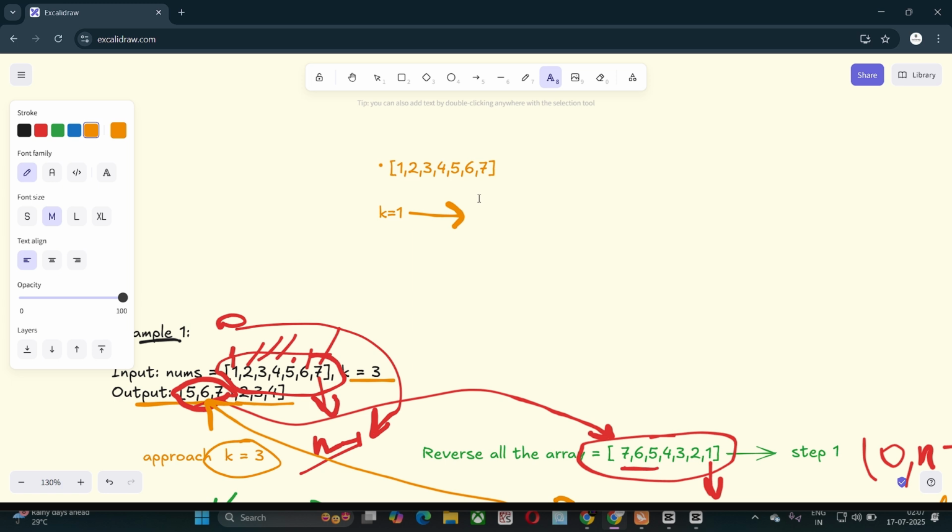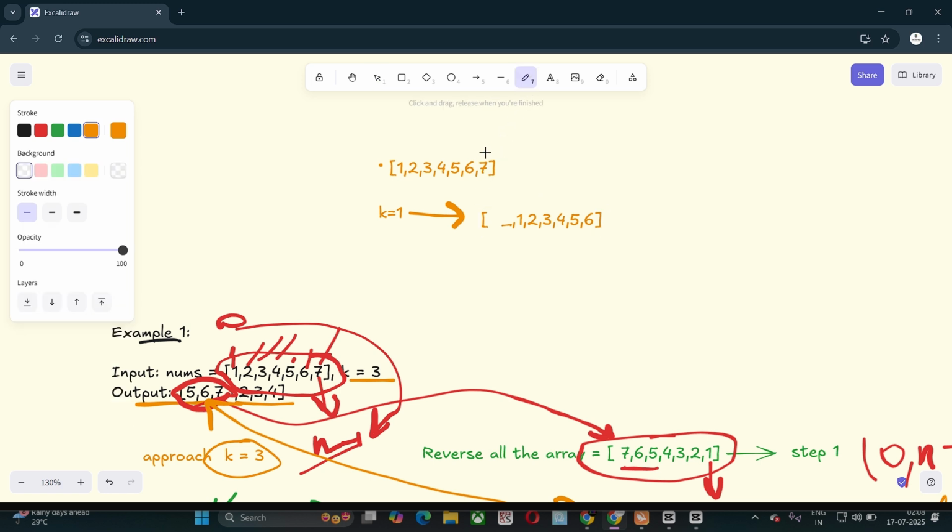Now we'll take k equal to 2. What will we get? We make an array: blank space, and 7 is present, comma 1, comma 2, comma 3, comma 4, comma 5.